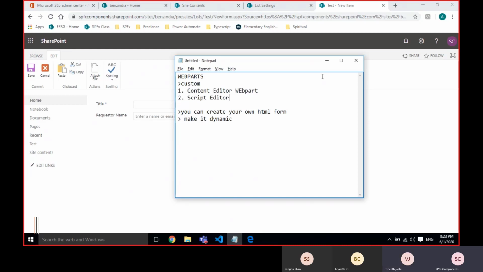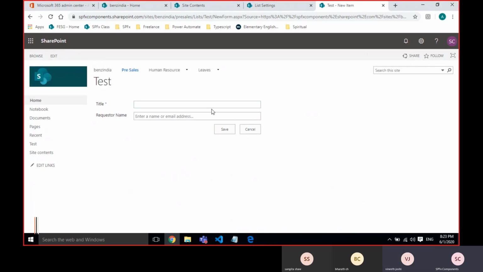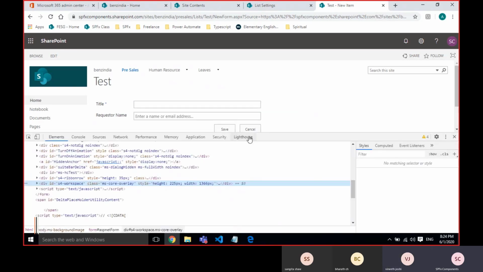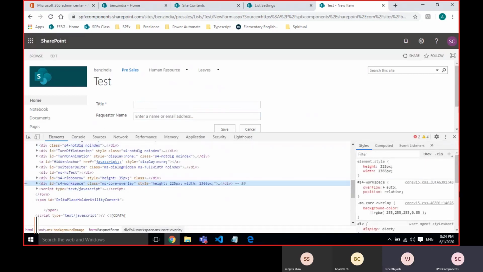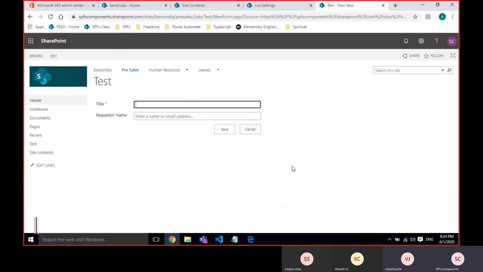or script editor. In script editor, you can attach the scripts directly. So I assume you have knowledge of JavaScript, so we can directly inject it over here. For example, there is a get and set. For example, I want to set a value here. I'll just show you. If you have jQuery, I will add that. We'll take this and set the value here.